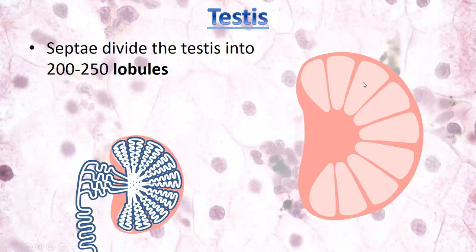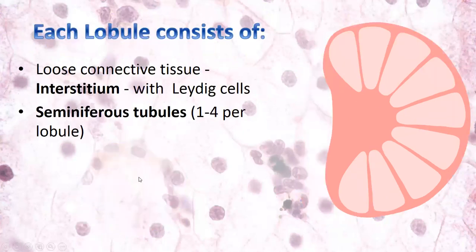And the basis of the lobule is loose fibrous connective tissue with blood vessels and nerves, but there are some structures which are located inside the lobules and which provide the main functions of the testis. The loose connective tissue of the lobules is called interstitium. It contains Leydig cells which produce testosterone, and the essential structures of the lobule are seminiferous tubules, from 1 to 4